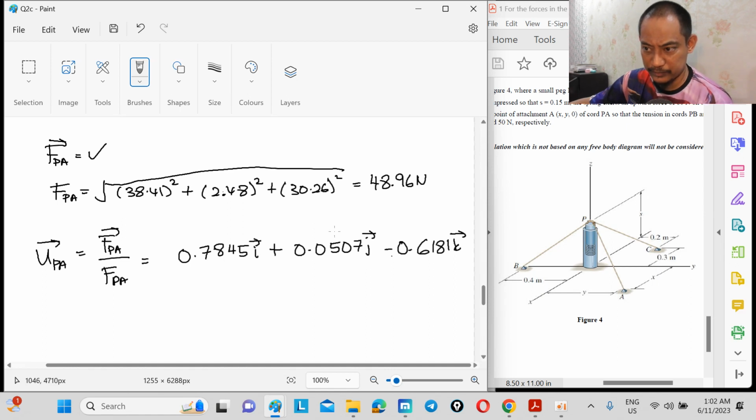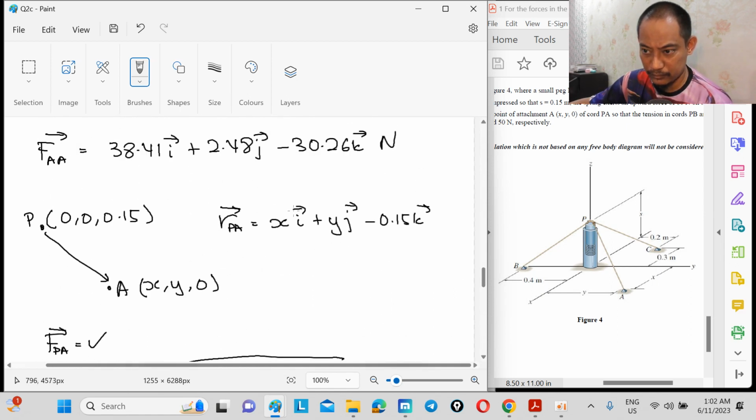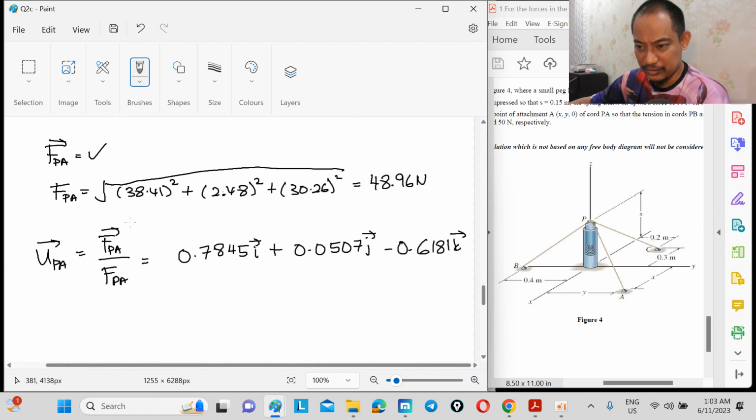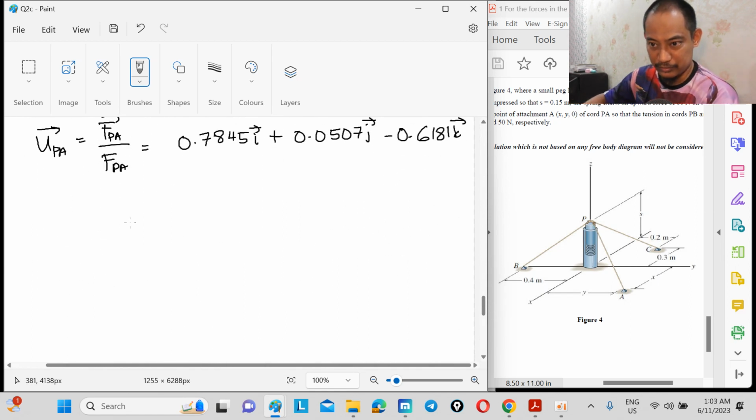If you have the unit vector, okay, what do I need here? Because how to relate this? Normally if we do know RPA, you can know the unit vector by dividing these two. But RPA we don't know. But if we calculate RPA, it's quite interesting. It becomes the square root of x square plus y square plus 0.15 square. So in that sense, if we put everything together, because I'm trying to figure this out also,